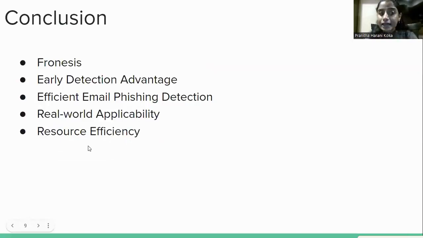Forensics is the solution for tomorrow's problems. At the same time, you can see how we are able to do early detection and how effectively it can say that a phishing incident is going on in a company's system. This is also applicable in real time, as Google and other companies have used this method. Lastly, this is efficient for the resources that we have, because we are not adding new resources, but using the resources that are already present to us. Thank you.